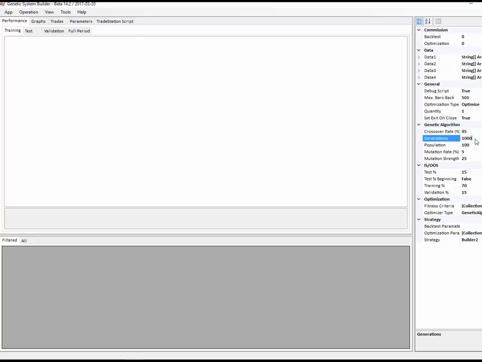I'm going to run for 100,000 generations, a population of 200, and I'm going to use 50% training followed by 25% test and out of sample. And then all we need to do is go,